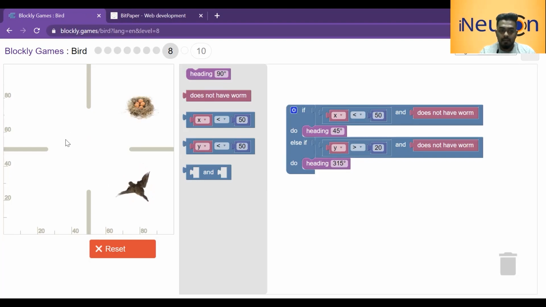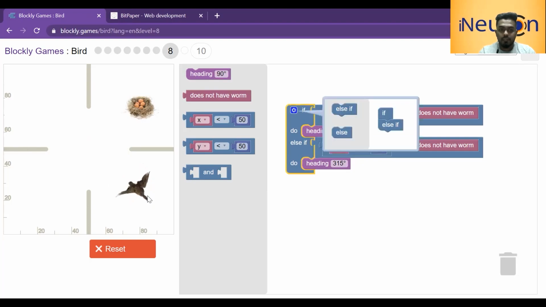Now what it has to do, if y value is greater than 20 and less than 50, because we have two more blocks here. If it is greater than 20 and less than 50, then it has to move in this particular direction, right? So how can we do that? Let's add one more else if, because I need to turn from this, right? So it is in this particular direction. So what I can do is,